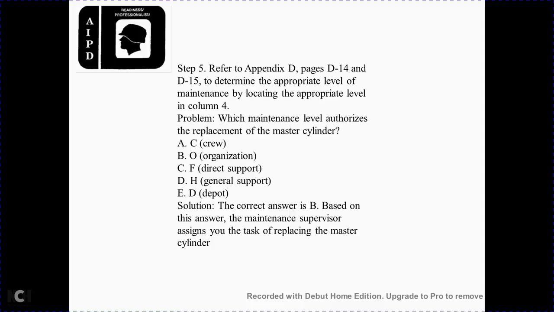C for F, directed support. D for H, general support. E for the deployed solution. The correct answer is B, based on the answer of the maintenance supervisor assigned with the task of replacing